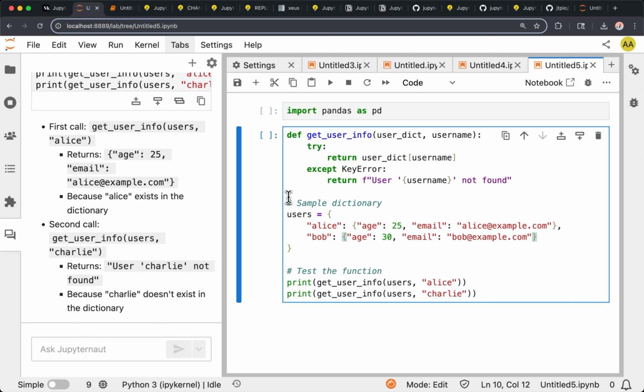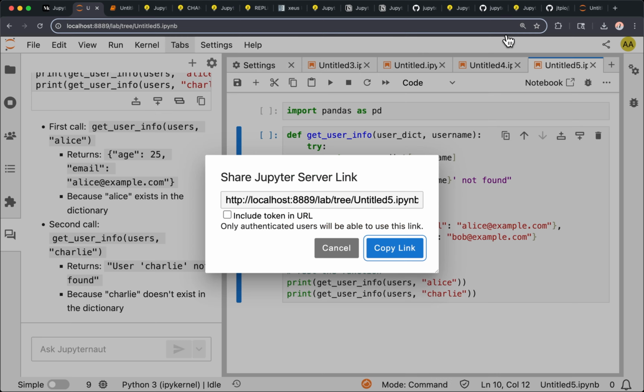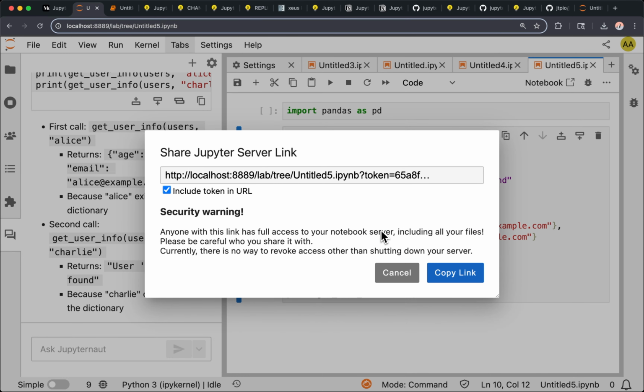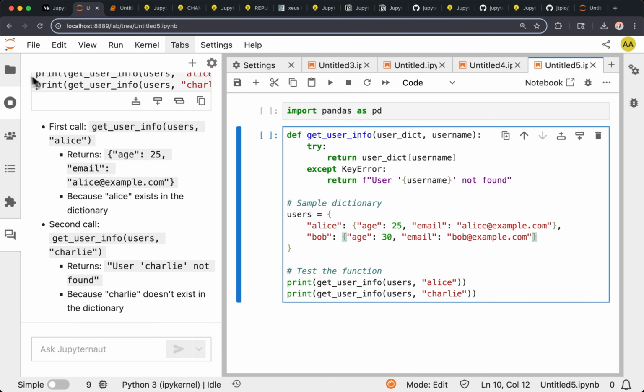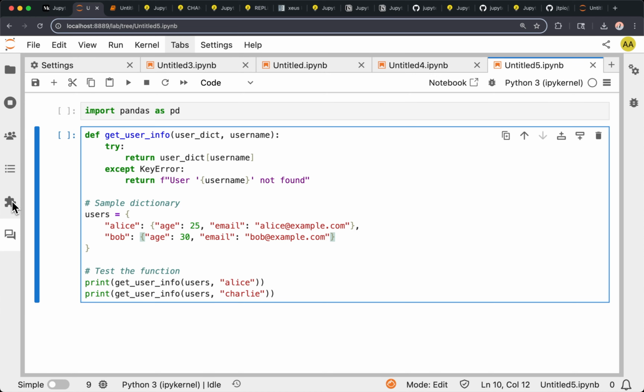Or you mean with an AI model? Without, yeah. I think you could share the link to your server, but again, the server needs to be accessible by the other person. So if it's only on your machine, it's likely not going to be the case.